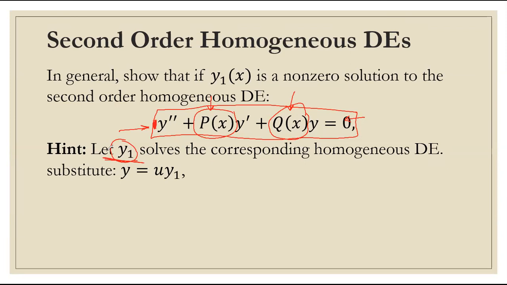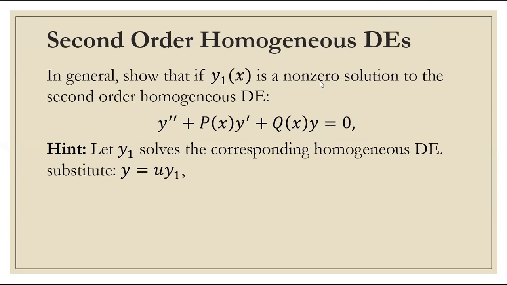So after giving you the first solution, you will use this hint. The y is u times y1. The u is the new function, y1 is the given solution, and y is the general solution for the given homogeneous equation. So this substitution will help me to find the general solution for this differential equation. After doing some mathematical calculations, we can get the second solution for the given differential equation,